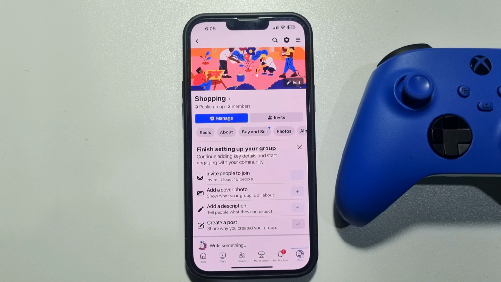This 5-minute solution will show you how to make someone a Facebook group expert. First of all, make sure you are the group owner or admin. Now, once you are in your Facebook group, tap on Manage